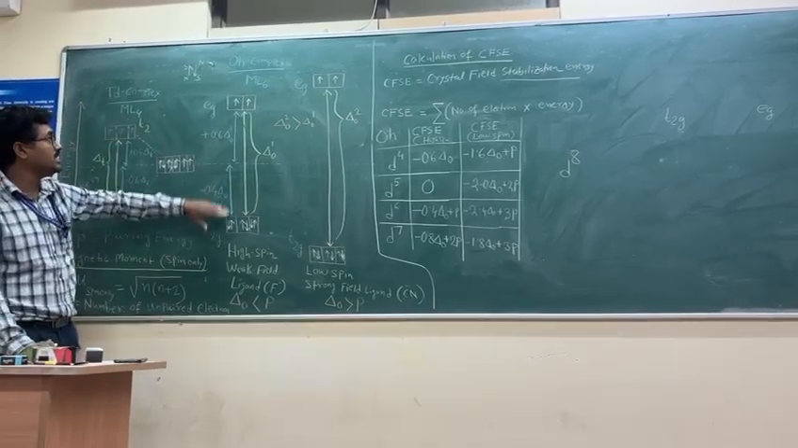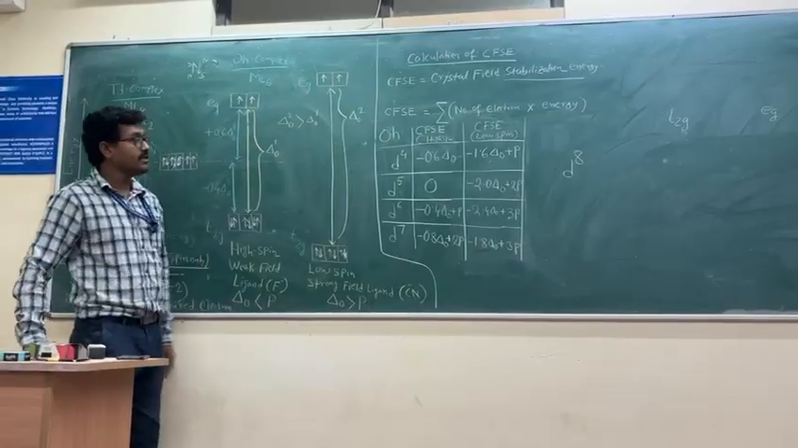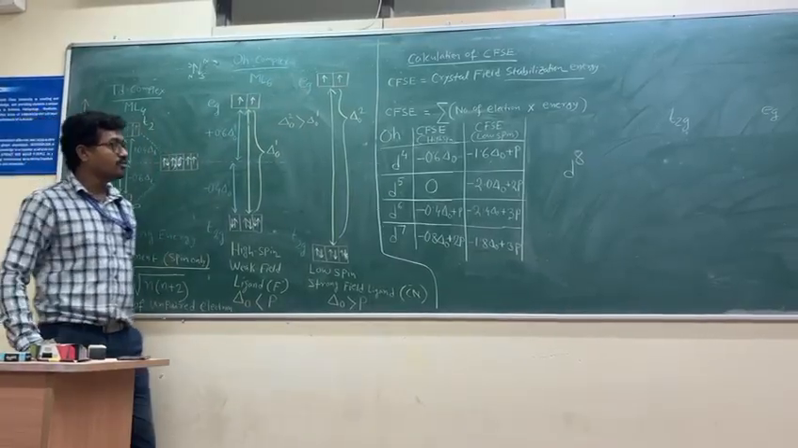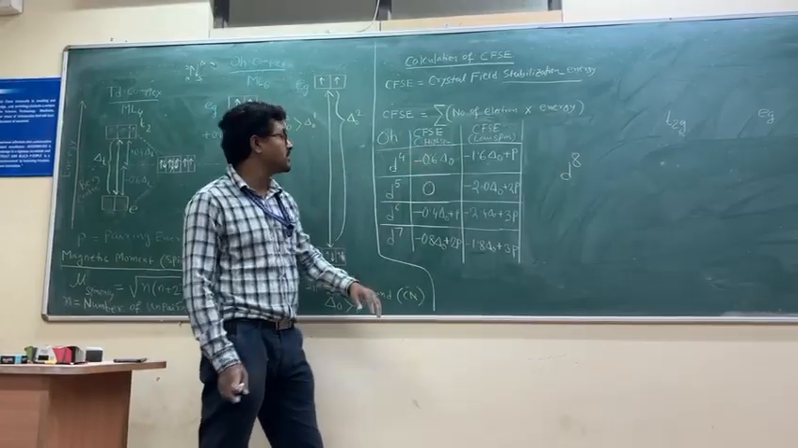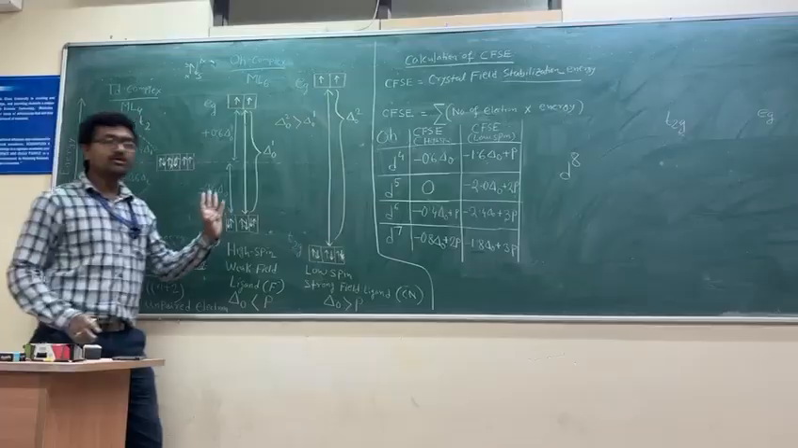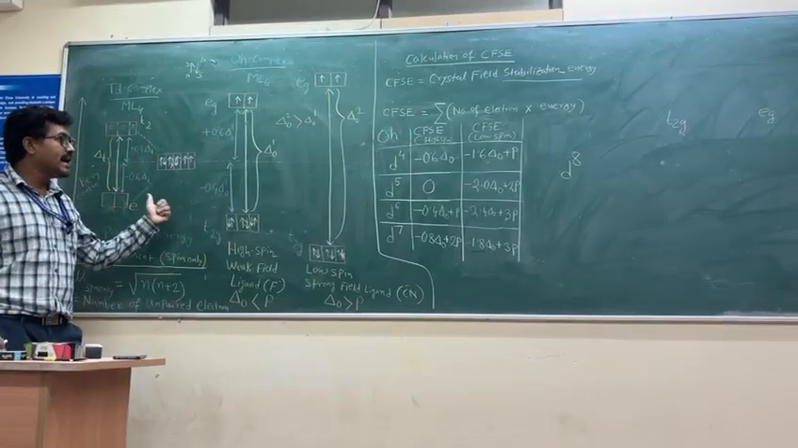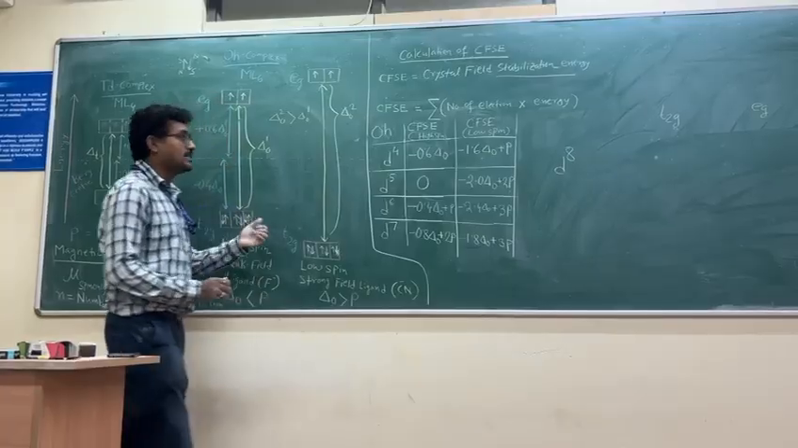T2G level 6 electron, EG level 2 electron, right? So therefore, the CFSE value differs for high spin and low spin complex only for D4, D5, D6 and D7 only. D1, D2, D3 and D8, D9 and D10 will get the same CFSE value for high spin and low spin